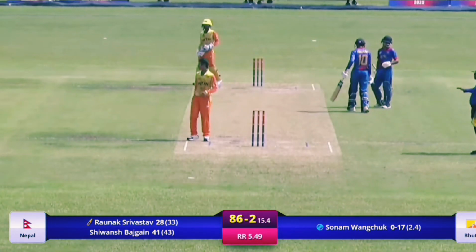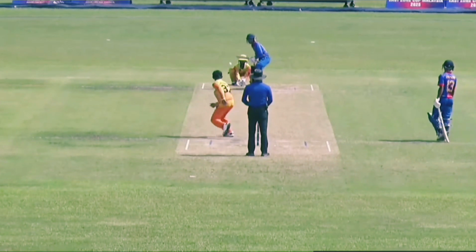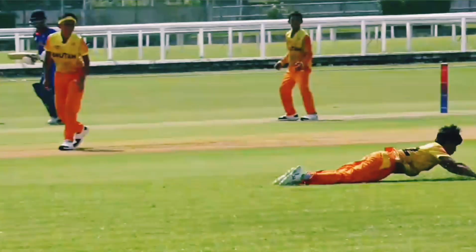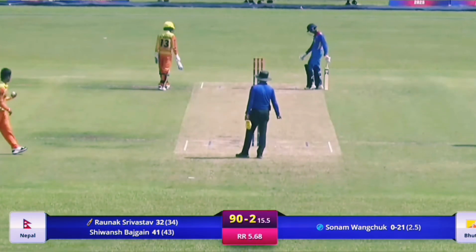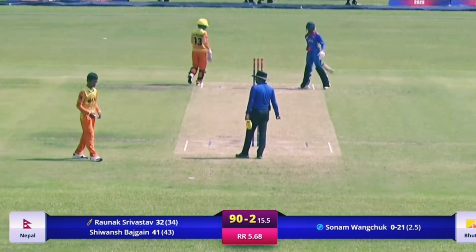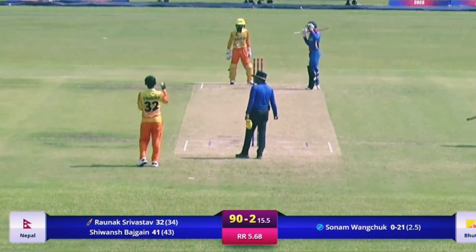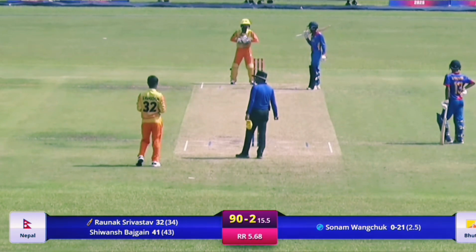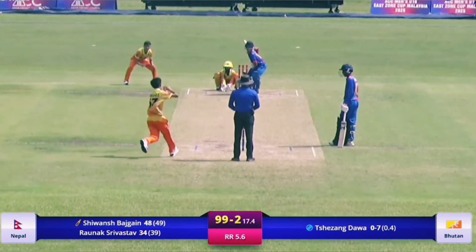And once again, just when we spoke of that, it's been another very good looking boundary for him. Once again through the offside. This time cut away quite nicely. The fielder at short cover had really no chance to stop that. Another good shot, and yet another boundary. Sonam Wangchuk was brought back into the attack after the change, and so far has been very expensive. And it looks like these two batters have really decided